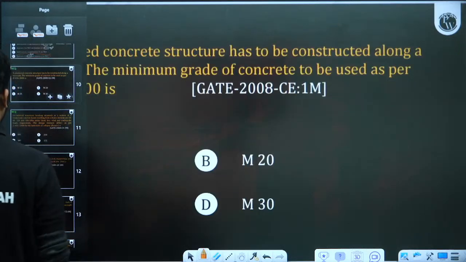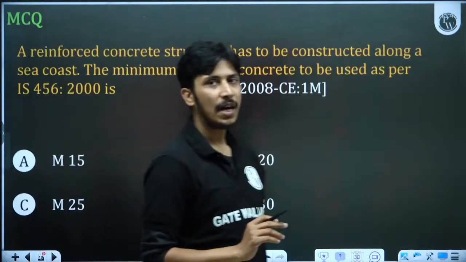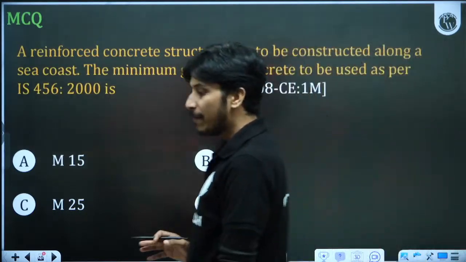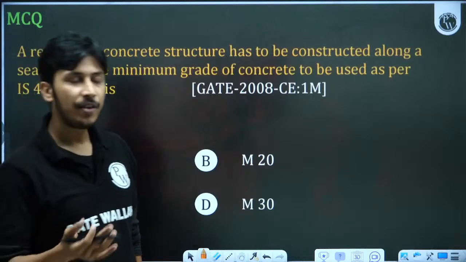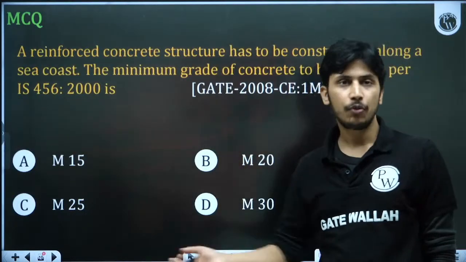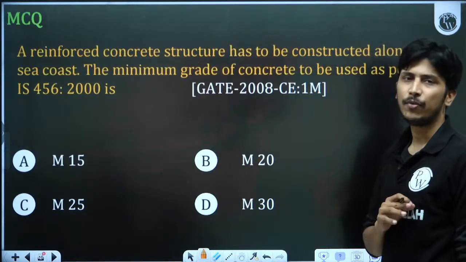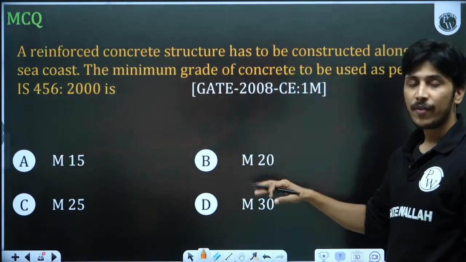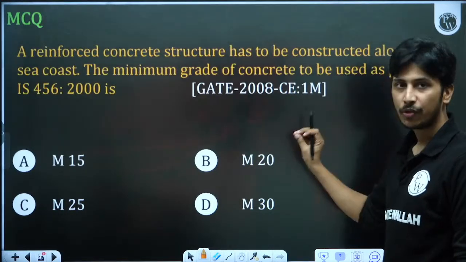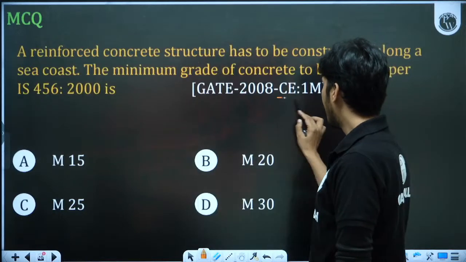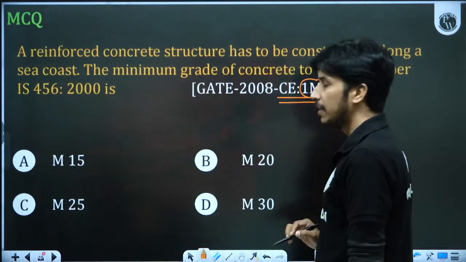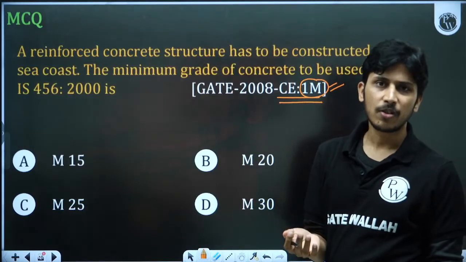Now we will go towards the direct answer based questions. Here there is nothing to understand or analyze in these types of questions. In statement type and theoretical questions, whether of 2 marks or 1 mark, you have to analyze and read all the related theories. But here you don't have to read anything. Just see the table from where the direct answer based question, mainly of 1 mark, is asked. I don't see any 2 mark question that is direct answer based. I have only seen 1 mark questions in GATE that are direct answer based, and this is obvious also.